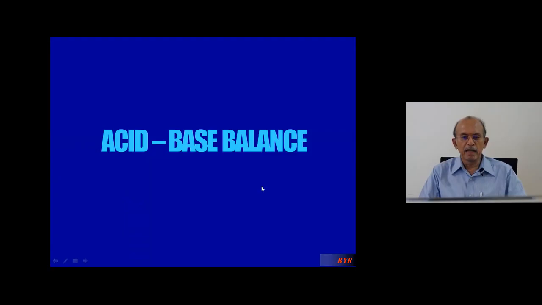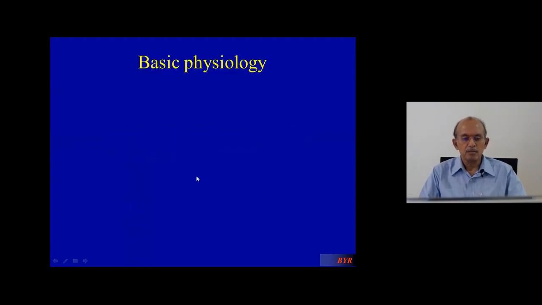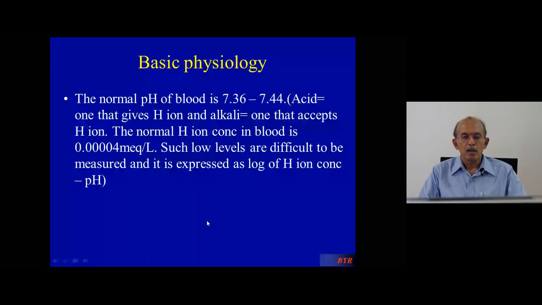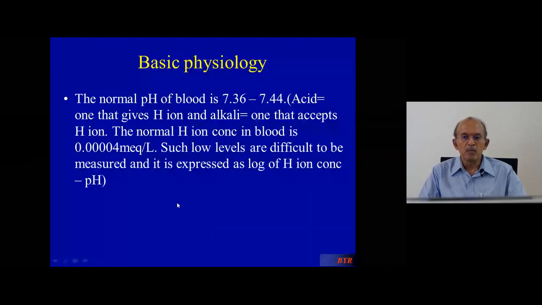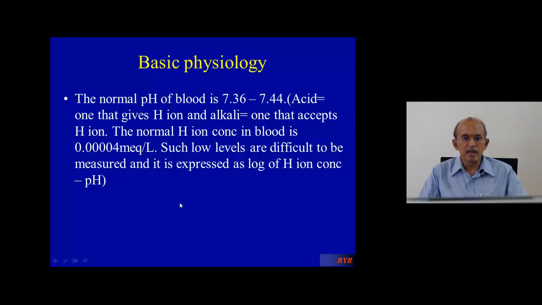Okay, now we'll go to the acid-base balance. Normal pH of blood is between 7.36 and 7.44. Acid means one that gives hydrogen ion. Alkali means one that accepts hydrogen ion. The normal hydrogen ion concentration in the blood is